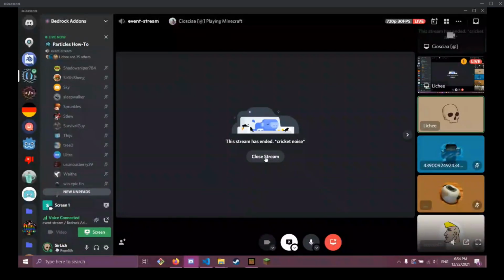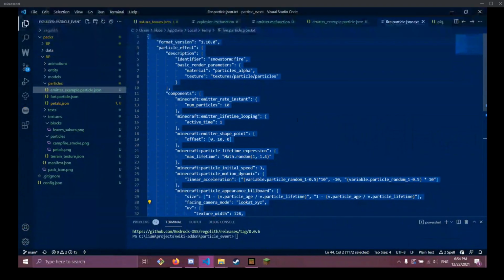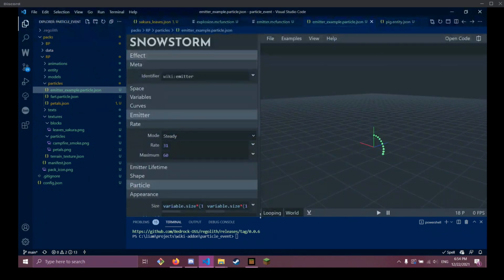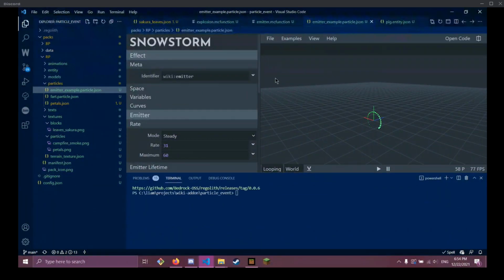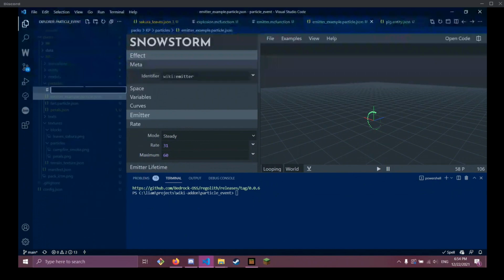Here we are. Does that work? Yeah, I can see Discord and VS Code. Okay, awesome. So to integrate a particle into VS Code or anywhere, really, it's just a single file. Unlike entities or blocks, there's not something in the resource pack and the behavior pack. Particles are only on the resource side. So you just need a file in your resource folder.